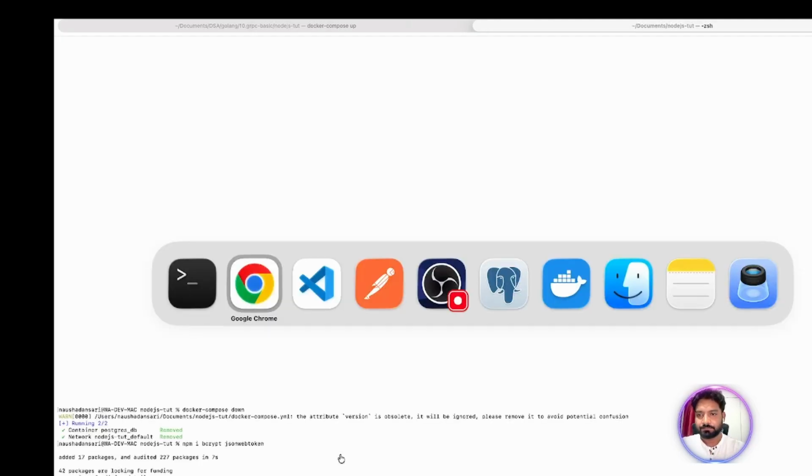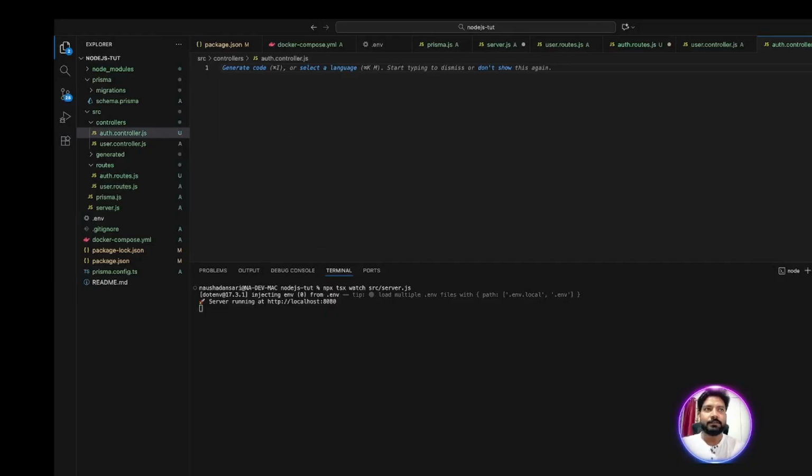Okay, let's go to the VS Code. Here we'll code. First we'll take the imports from bcrypt and JWT,